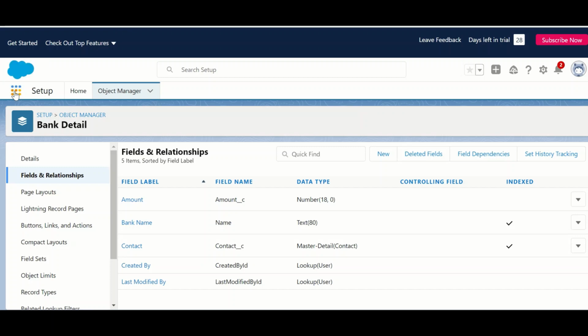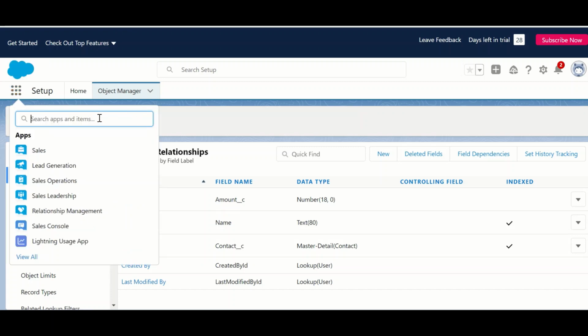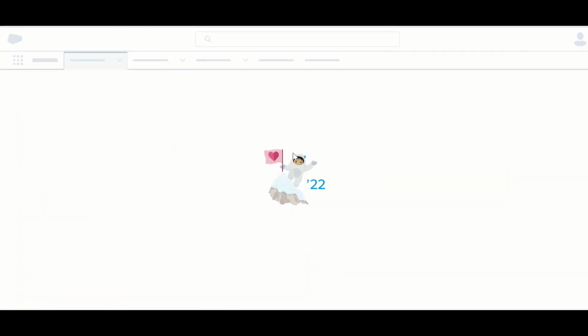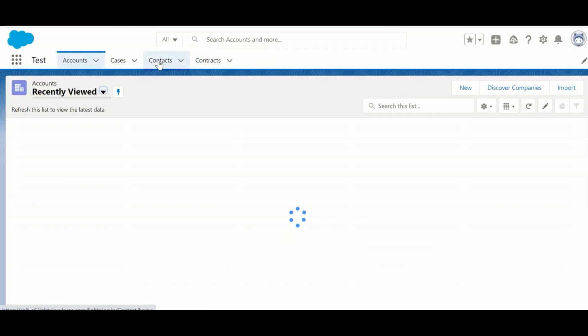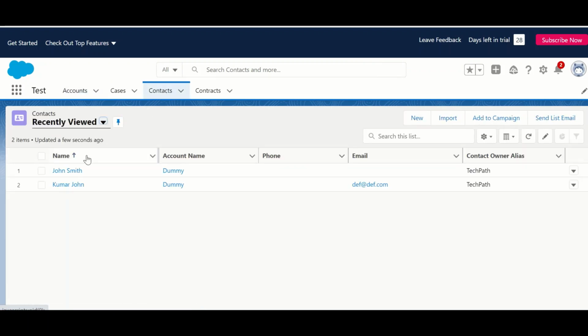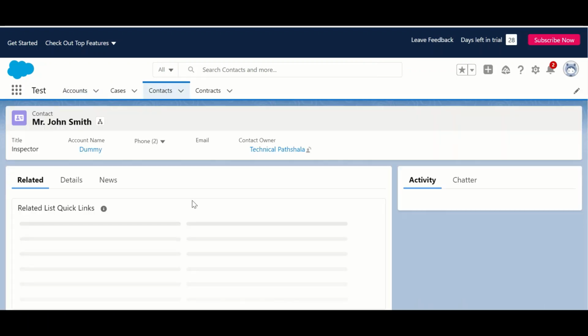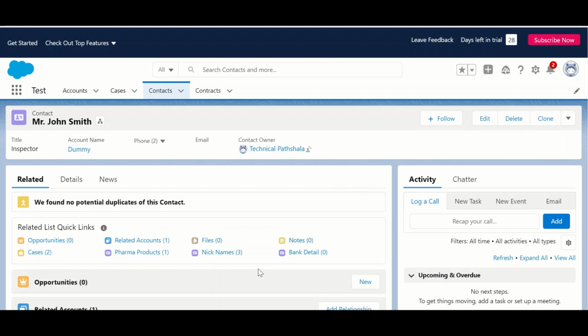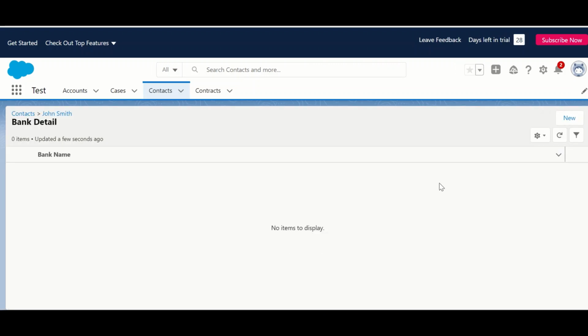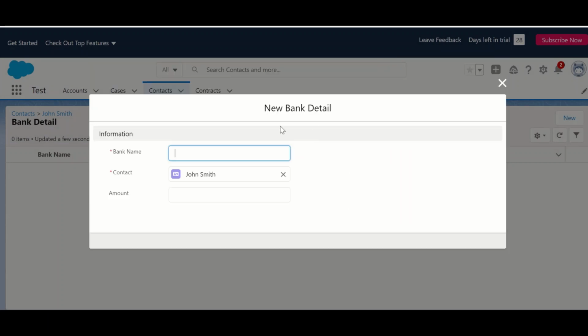Let us first see this. Drill down on this contact. So now you can see related list quick links, bank detail. Currently there is no record, so create few records here.